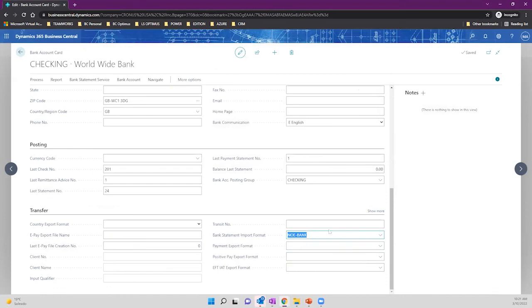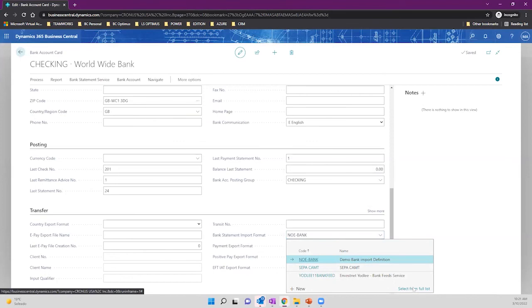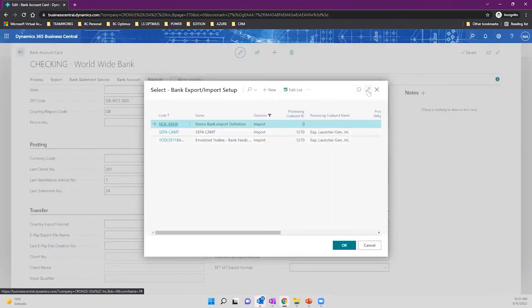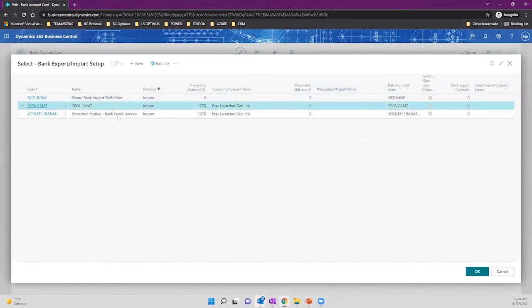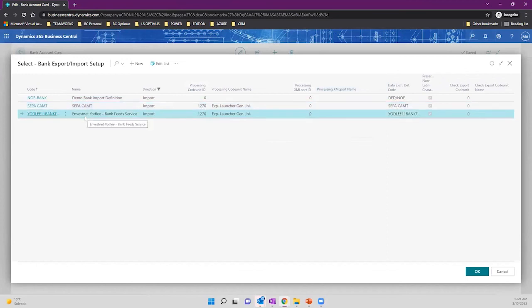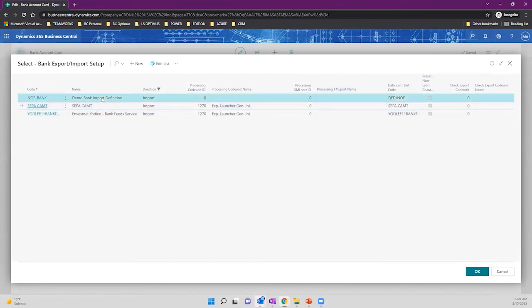For this bank, I have no overwhelment. This is the exact file that I showed you before. And here we have different types of importing processes for SEPA, InvestNet Journal, which is also a service that helps us integrate all this information into one specific format, Journal, SEPA, and the one that I created for us so we can learn from scratch. What we create for you is just one importing